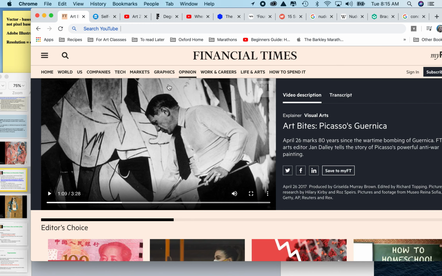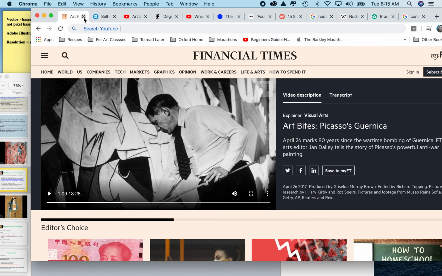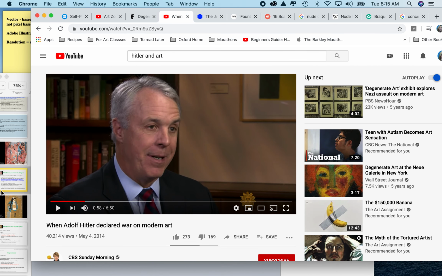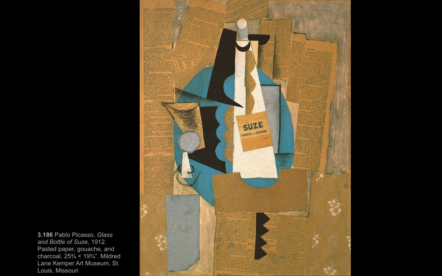And the other interesting thing about Picasso is he did live for so long and in a time when there was so much photography that we can actually see him creating artwork, which is amazing. So just one last piece of Picasso's before we move on. Like a lot of things, we could talk about it for ages.